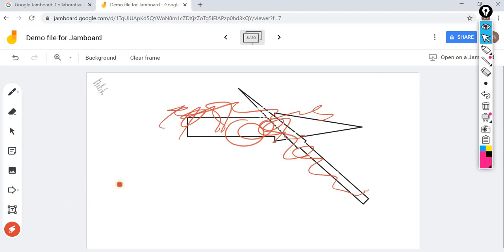Now you see that once I go out of the frame, it's not working. So it is only for the frame, and the beauty is that it automatically gets erased. Then what about this one? This is actually drawn by the pen, not by the laser. For the laser, you can see it is written laser. So now coming to the conclusion, I don't want all these things, I will just go for the clear frame.